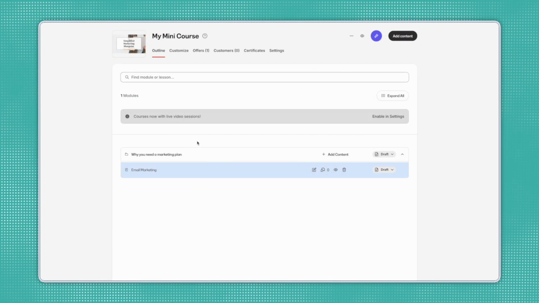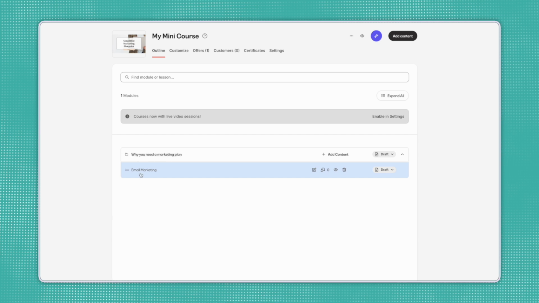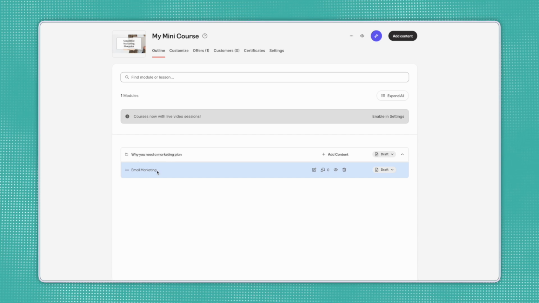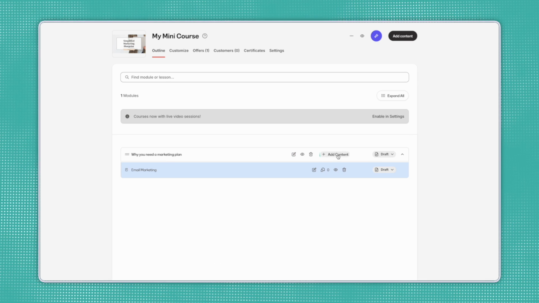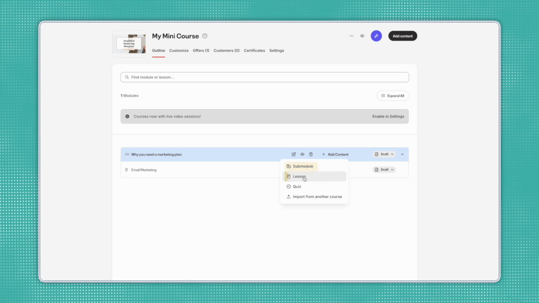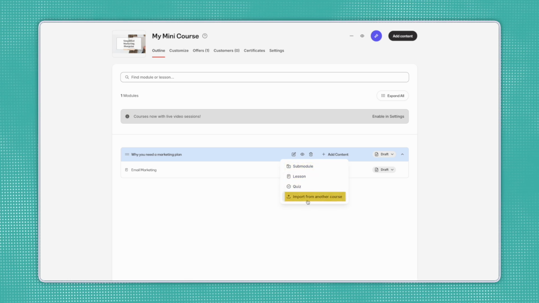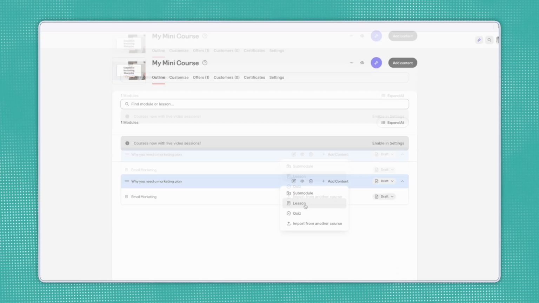And now if I come back to my main outline, I can see the name of my module here, Why You Need a Marketing Plan. I've got my lesson number 1, which is email marketing. And I could continue to add more lessons underneath the same module by just clicking add content. And here I can select if I want to add a sub module, a lesson, a quiz, or even import something from another course. So if I'm just wanting to simply add another lesson, I can click that, give it